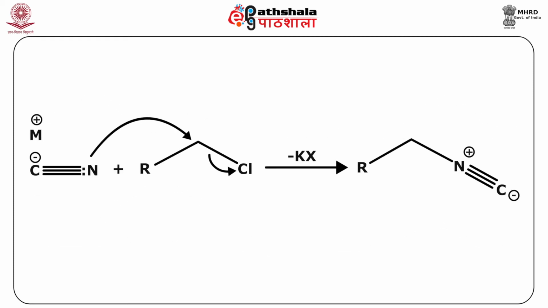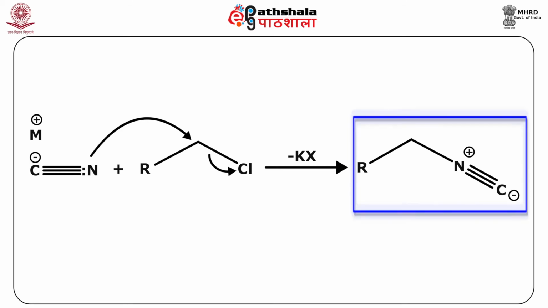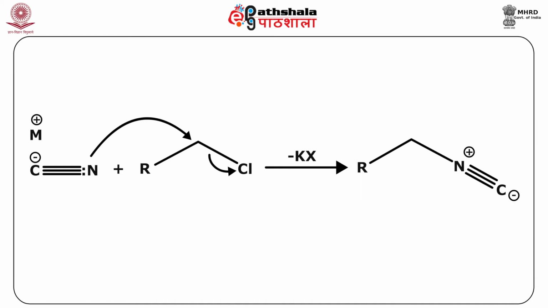However, since the cyanide is an ambident nucleophile with the negative charge spread around nitrogen as well as carbon, in the reaction, attack from the nitrogen end of the nucleophile results in the isocyanide product as follows. Now you can see the attack on the carbon is from the nitrogen end of the ambident nucleophile, that is the cyanide ion. The nature of the cation here plays an important role as isocyanides are formed with silver cations and cuprous